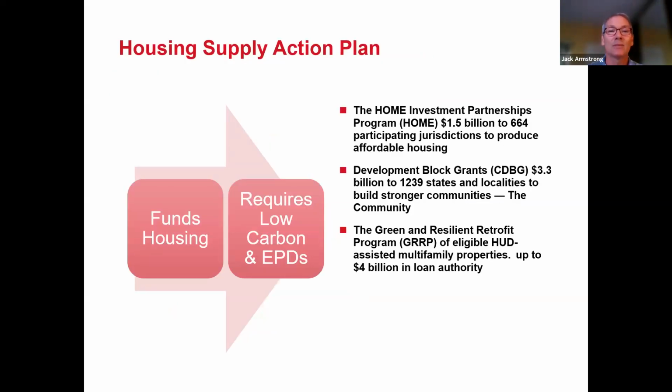Additionally, there's the Housing Supply Action Plan. This often comes from Housing and Urban Development and some of the other governmental entities. But the first bullet point there that you see, the HOME Investment Partnerships Program, HOME Act as it was called, it's $1.5 billion that goes to almost 700 participating jurisdictions around the country for affordable housing. Then we have the Community Development Block Grants, those CDBG block grants. And there you can see over $3.3 billion going to over 1,200 states and municipalities for stronger, resilient communities,